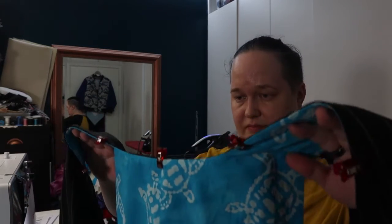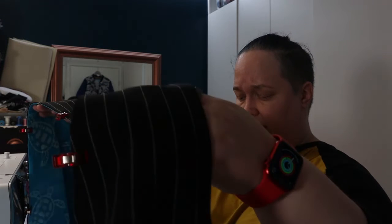So what I'm going to do now is pin stitch all around all the seams. After that's done, it's time to add the buttonholes, and then it's time to be done with this. Not a moment too soon. So I will see you on the other side of the